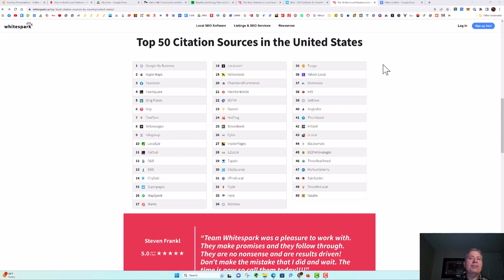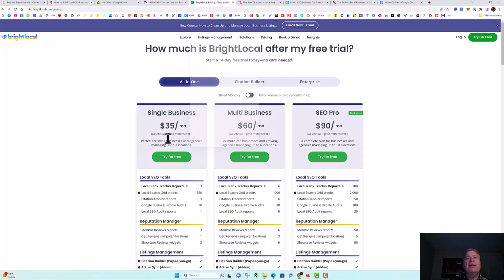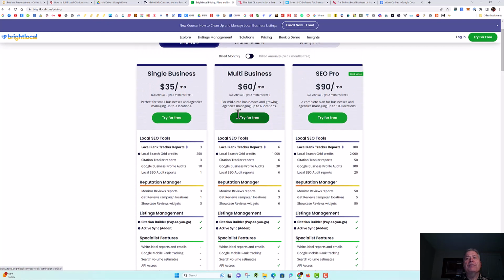It doesn't do as complete a job as you would do if you did it manually. That's why I think you should do manually what you can. But anyway, it'll do it and get your NAP right in a bunch more of them that you weren't able to do manually. And the three services that I recommend, Bright Local is one. That's their price right there. You can just pause the video and read through that. And what you're looking for is they got lots of different services, including in that price, but mainly what you're concerned about is your local business citations, NAP, getting that everywhere.